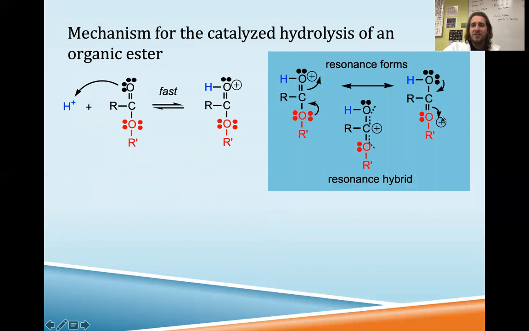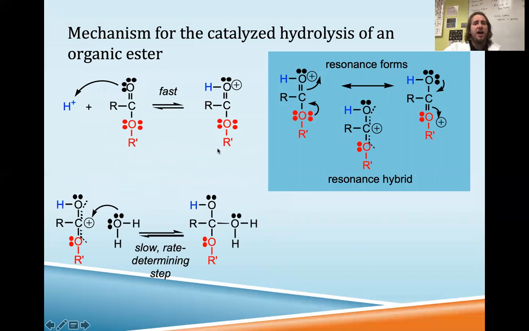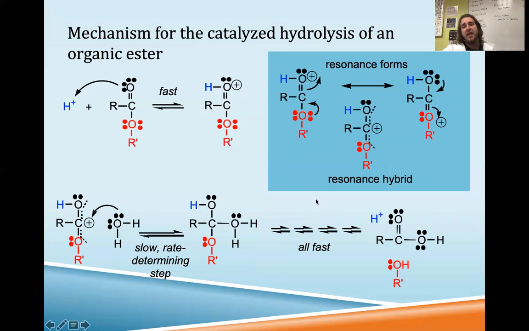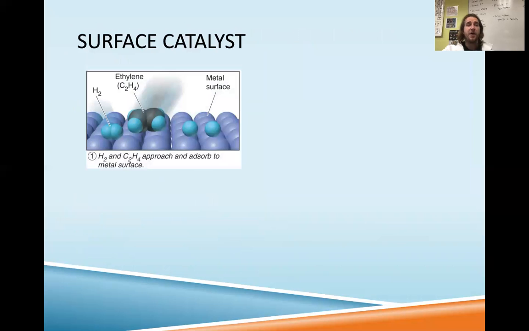We end up with this resonance, and so these electrons start to slide around a little bit, a lot of orgo here. But then what we end up having to do is attach this water molecule to this carbocation. Please, this is just an example, just watching and learning here. As this water molecule latches on, then we can rearrange and break off and form this alcohol. It turns out you can speed that up with a catalyst by having some substance that helps hold